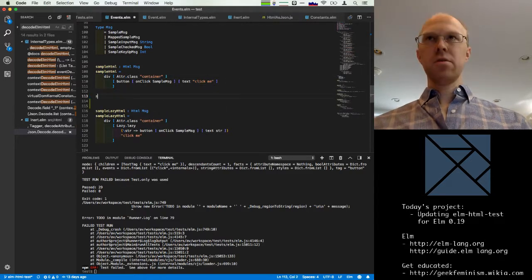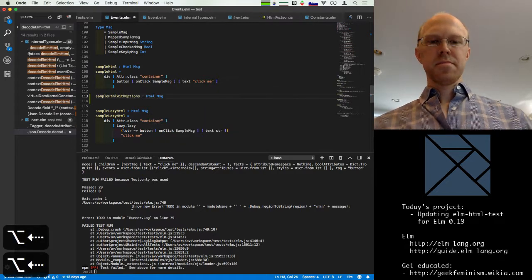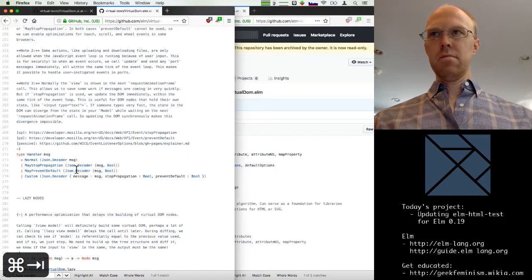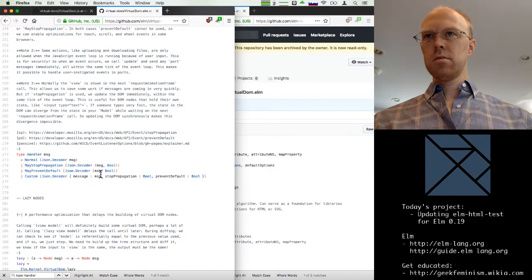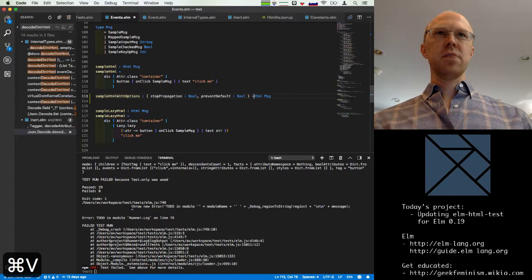Okay, so let's do this. Let's do sample HTML with options. And I guess we can take bool. We can have these two bools be passed as options.